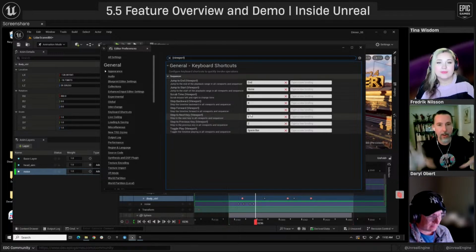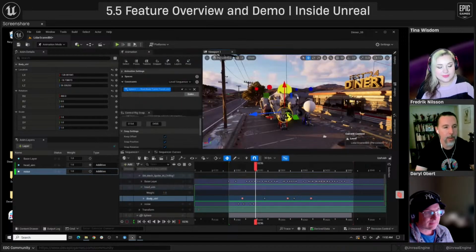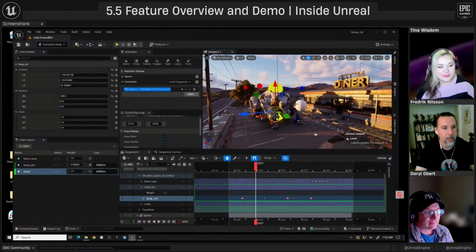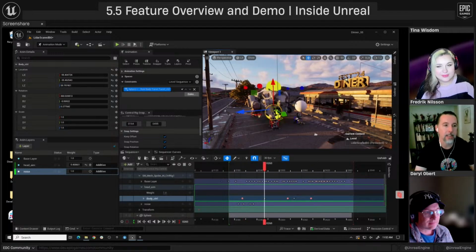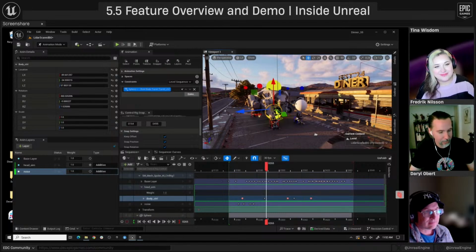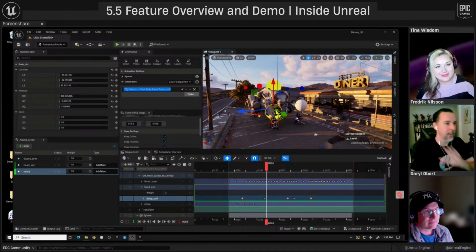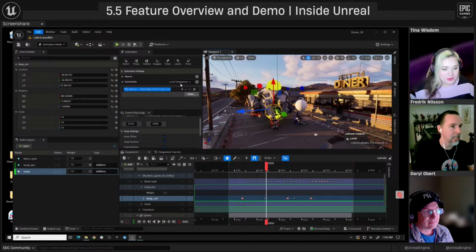So if you think about where your hand is, you just drop your hand one level on your keyboard and you're transporting time. So that's why I can fly through and step through frames. I can step through keys, right? So it's really quick. Otherwise, you would have to move your hand to the other side of the keyboard, because I think the defaults are the greater than and less than keys, and there's a bunch of hotkeys that are far away from your hand. So for you to be comfortable as an animator, I definitely recommend moving these things around and experimenting with those. That's a pro hotkey tip.